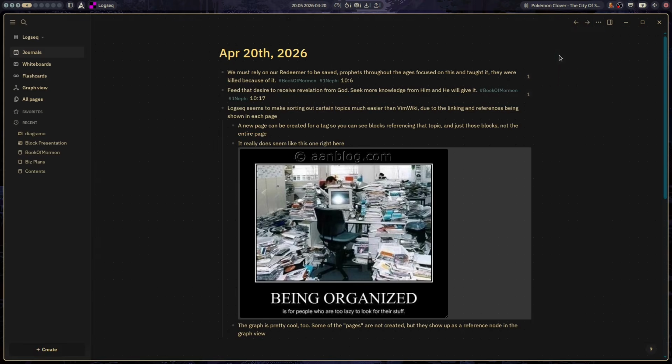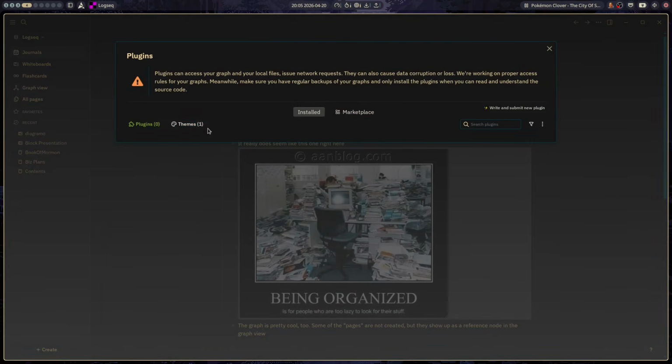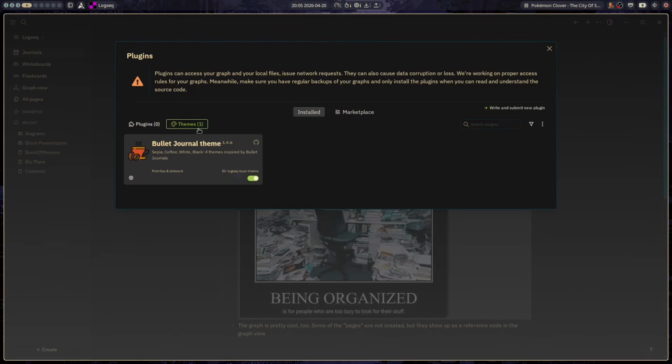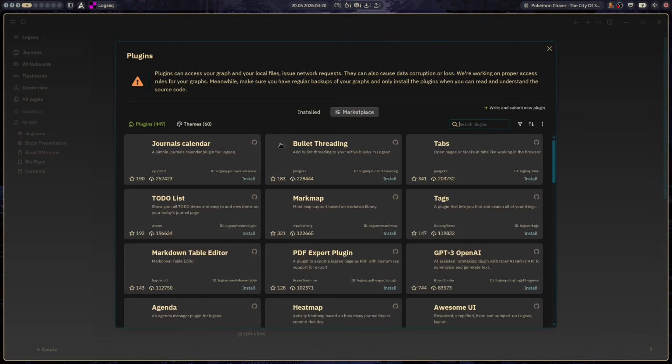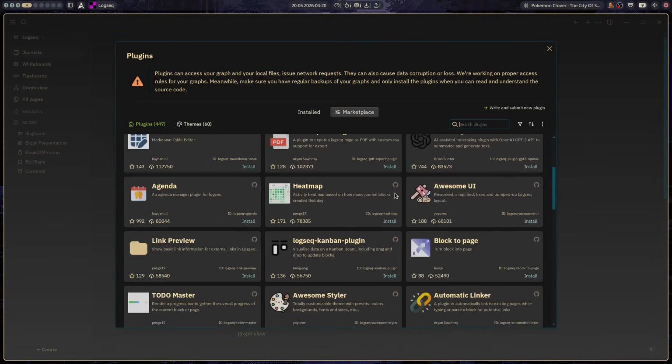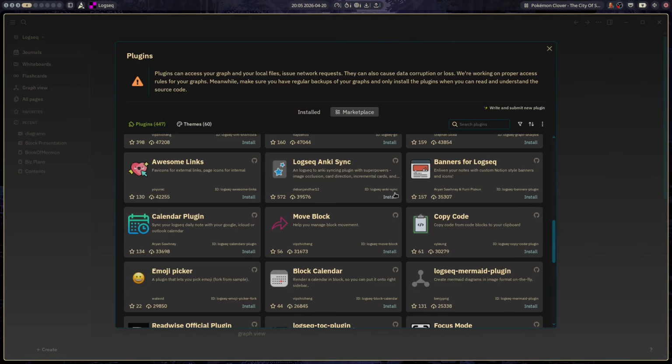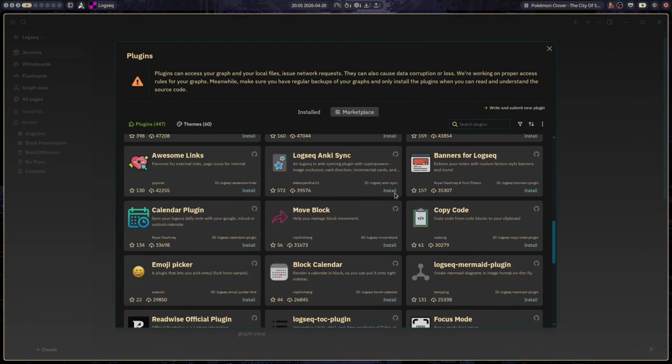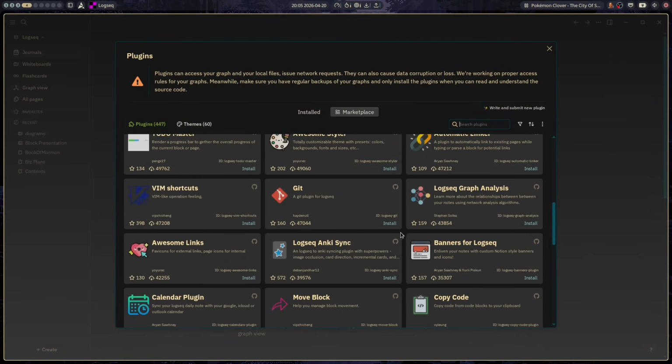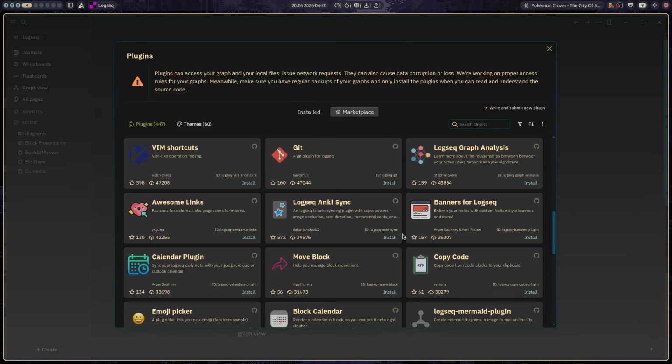If I go up to here, I can go to settings, and here's my one theme, the bullet journal theme. That's it. I wanted something dark, and it lets you configure the colors. But it's got a slew of different plugins for different appearances and adding some extra functionality, or even Anki, if that's your thing. Git, I believe, should allow you to manage it